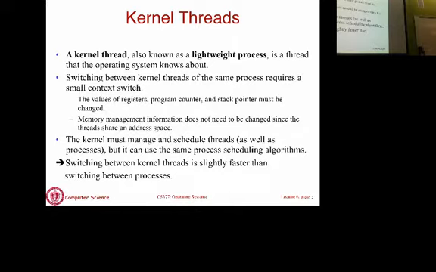Memory management information doesn't need to be saved if the next thread to be scheduled is a thread of the same process. If the next thread is a thread of a different process, you are also switching processes while you are switching threads. In that case, you have to save everything from process A and then load the context of process B, which is all of its registers and memory management information, such as page tables and so on. So that's context switching between kernel level threads.